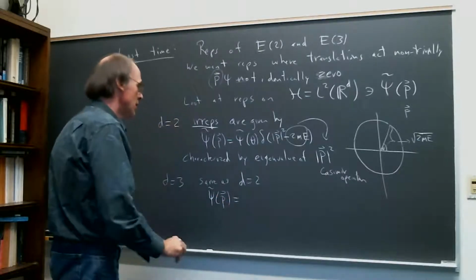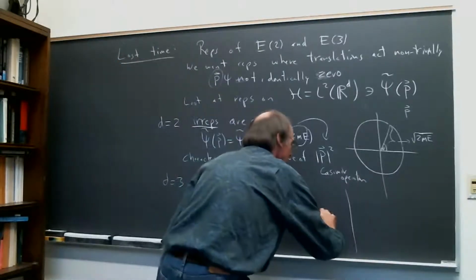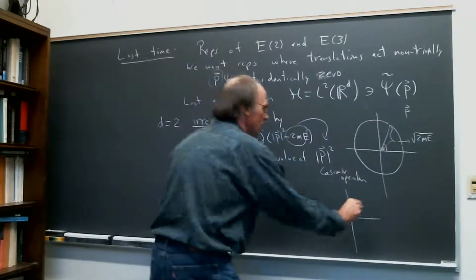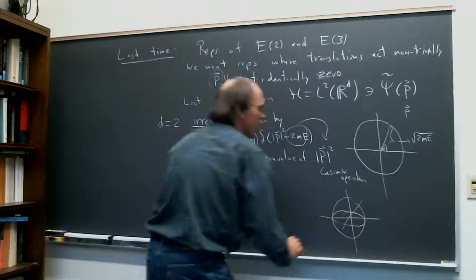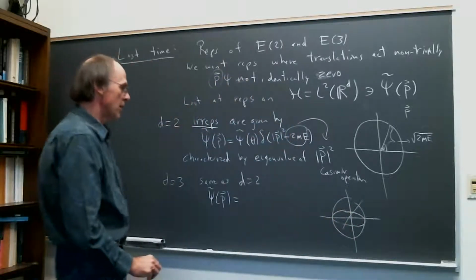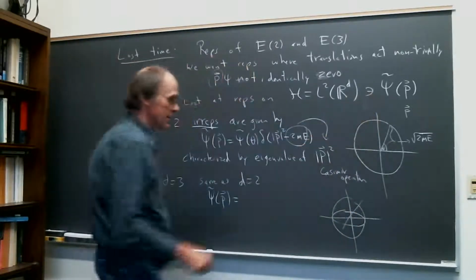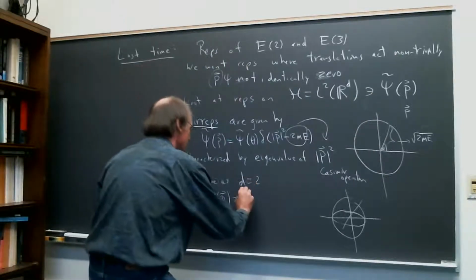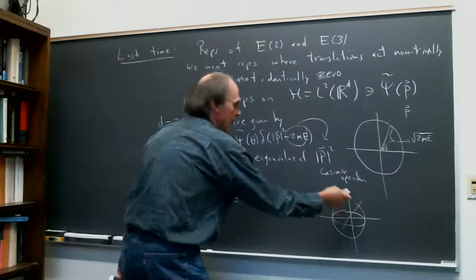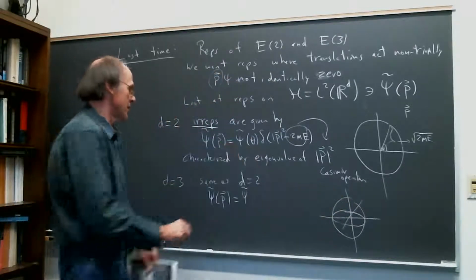Now instead of a circle, you've got three dimensions, so you've got a sphere, but it's pretty much the same story. And psi tilde is something that, if you want an irreducible representation, is going to be given